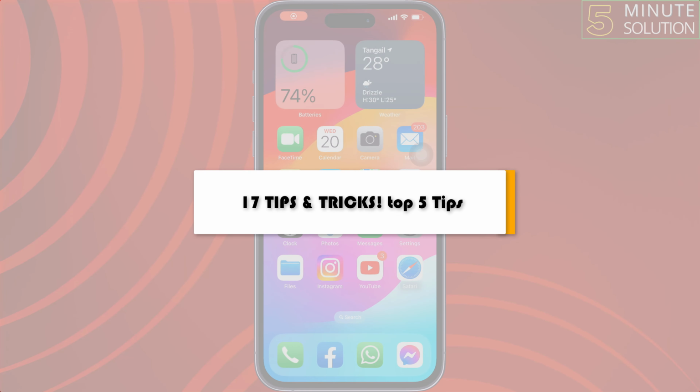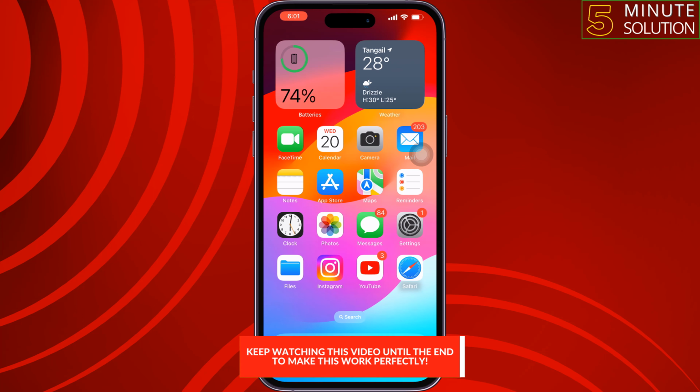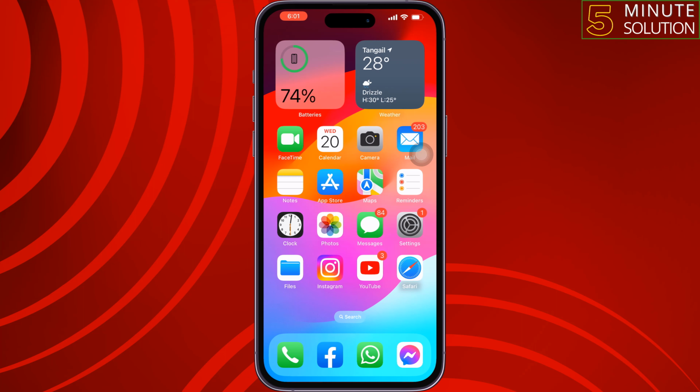In this video, I'm going to be showing you top 5 tips for your iOS 17. So if you updated your iOS version to 17, now to get a better experience, you can follow these 5 tips